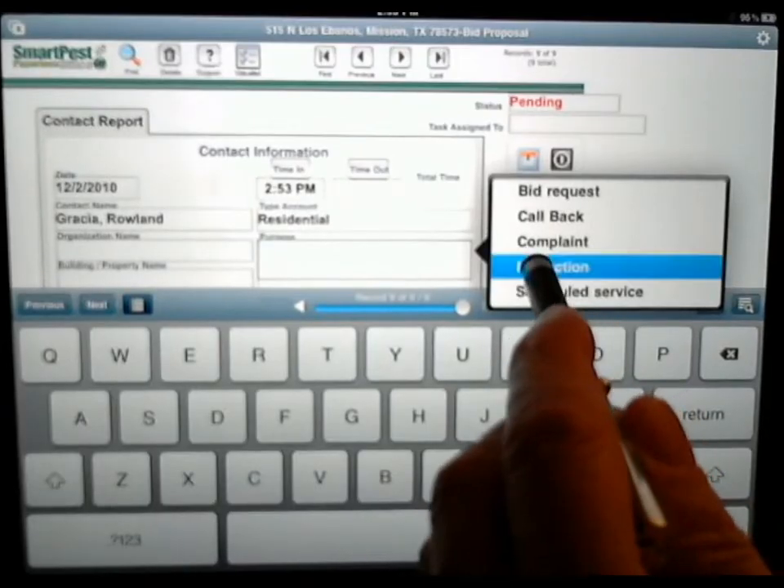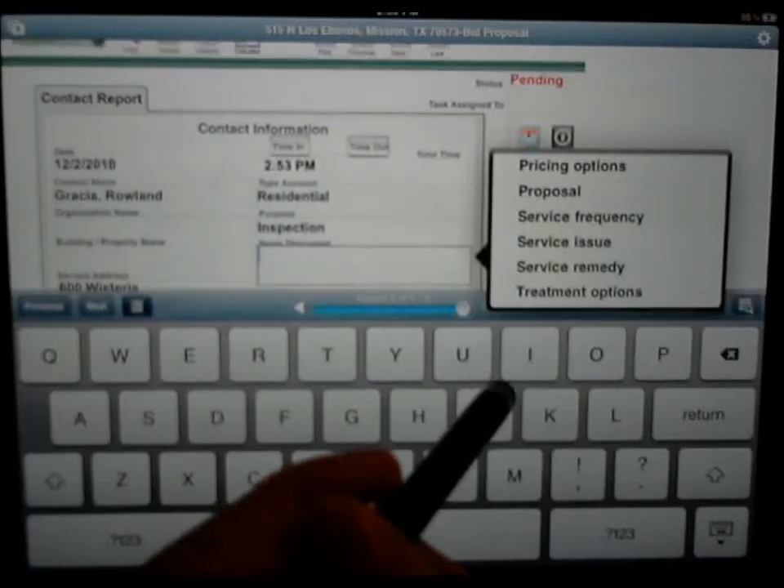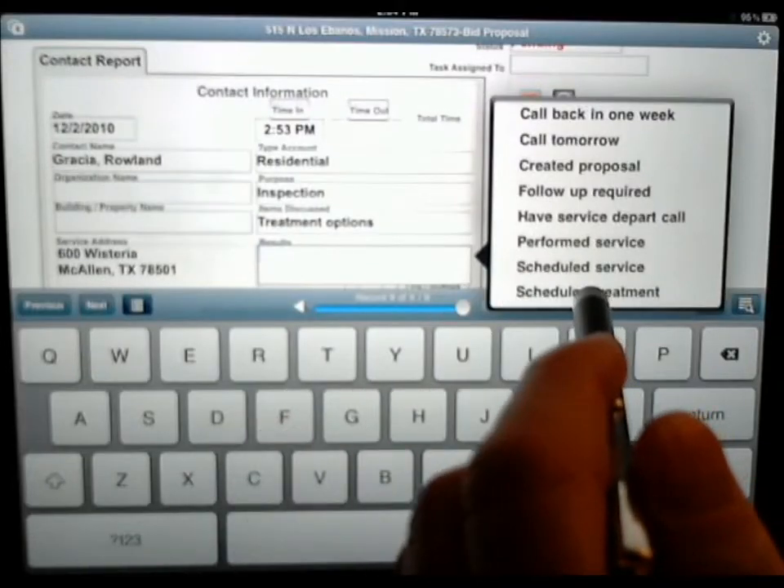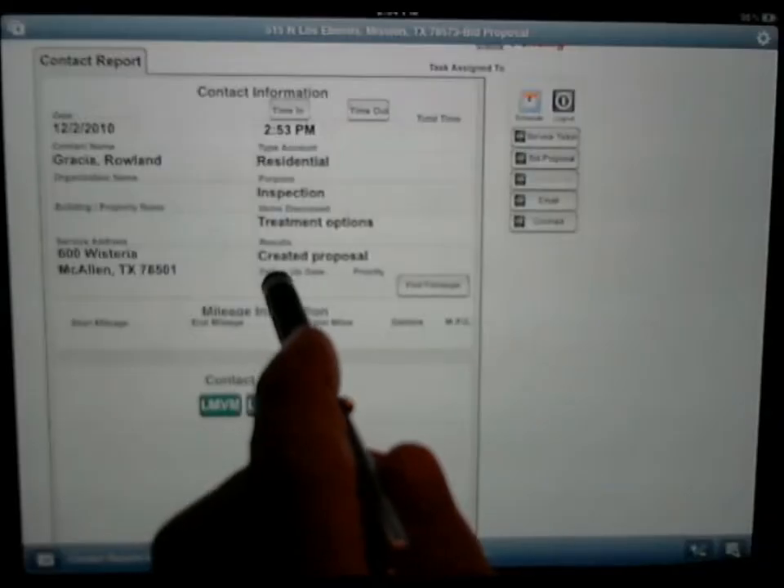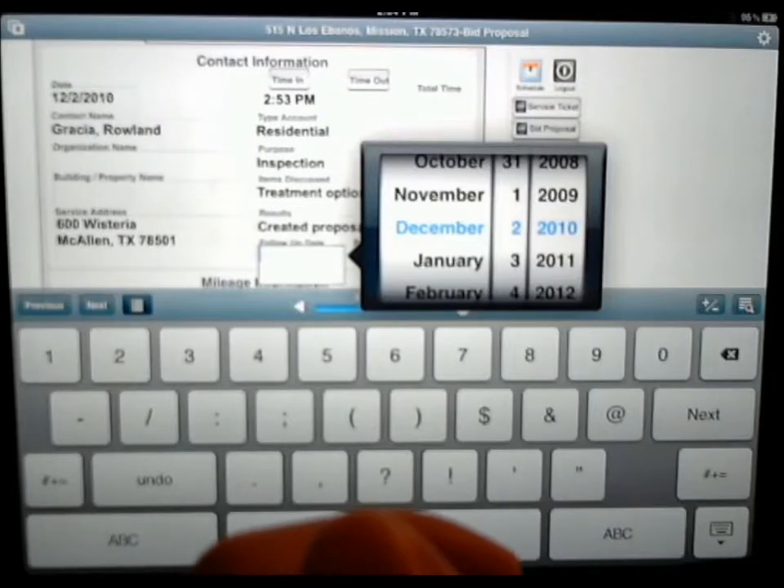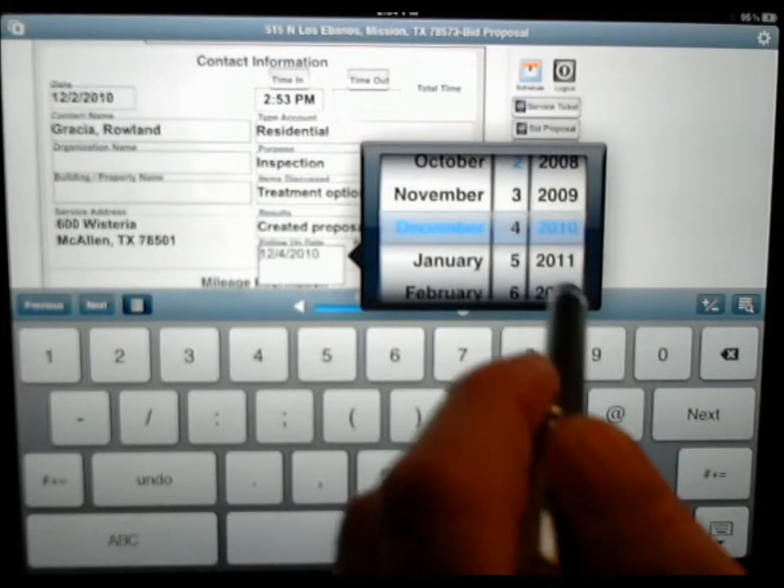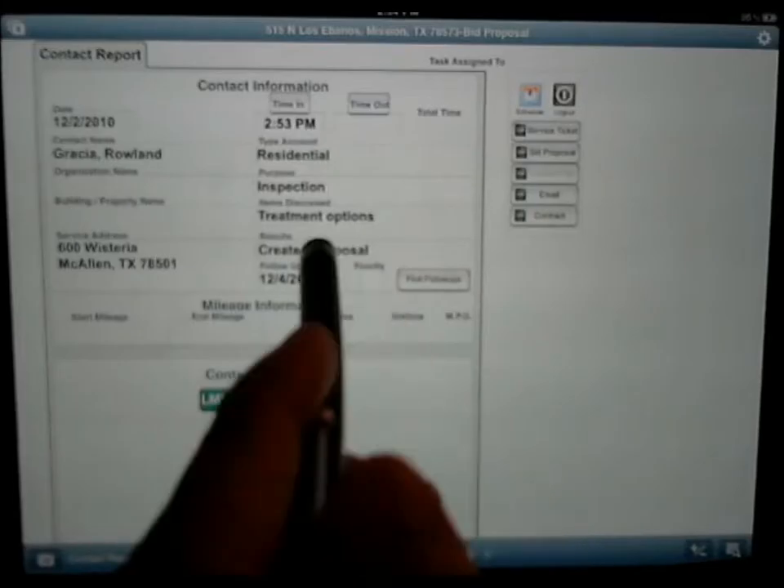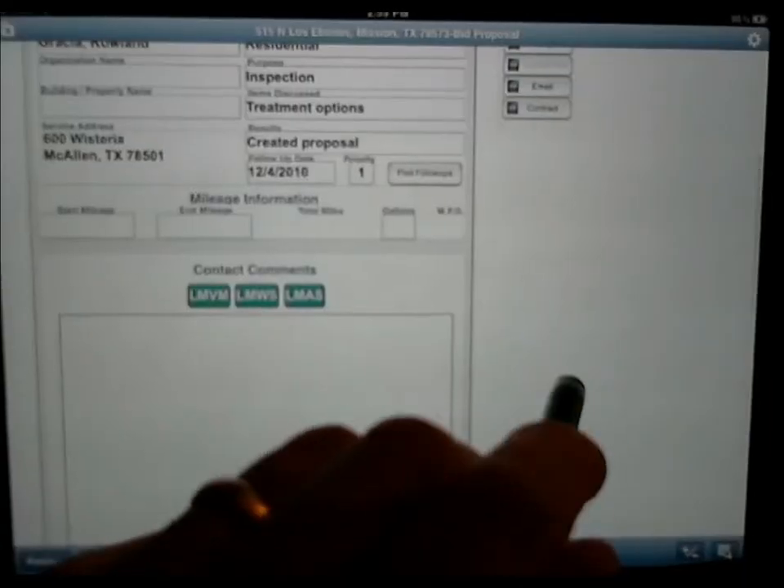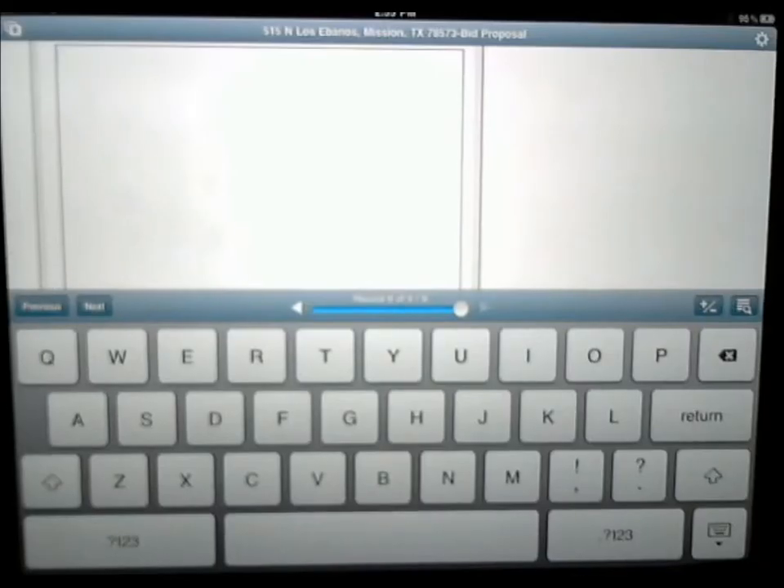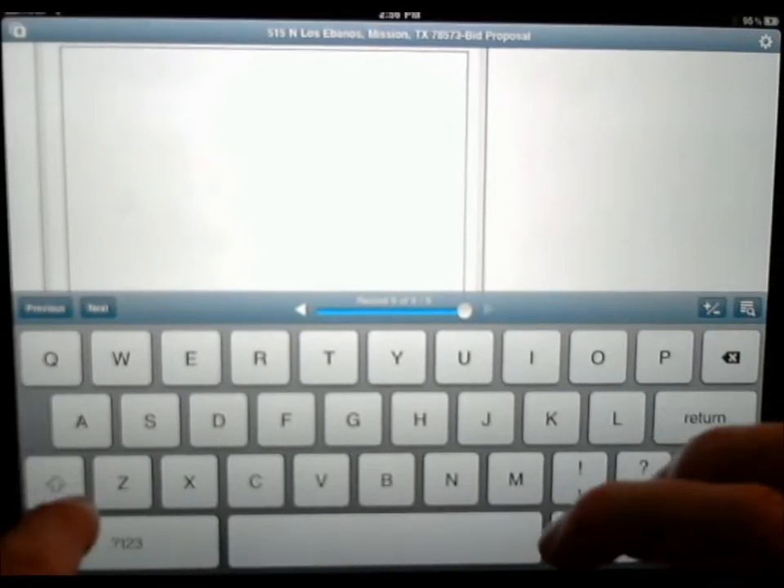So let's say that this was an inspection and you talked about treatment options, and the result was you created a proposal, and then you promised you would follow up with them, let's say 2 days later. You can assign a priority to this, and then the information down here, if you want to add notes down here, you can say